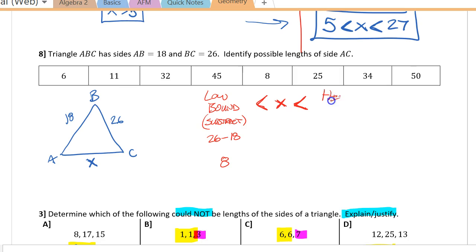So my high bound comes from the idea, if I'm adding my values, of what if x is in fact the biggest side of the triangle, so I have to add my two sides to make sure it can't be bigger than that. So in this case, we're going to add 18 plus 26, which is going to give us 44. So in terms of writing this as an inequality, 8 is less than x,